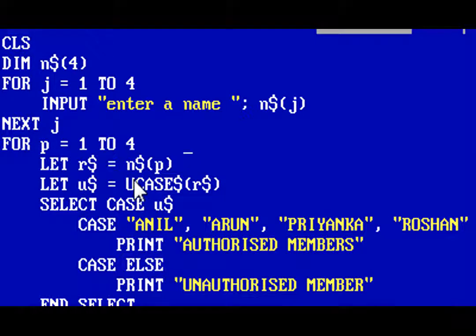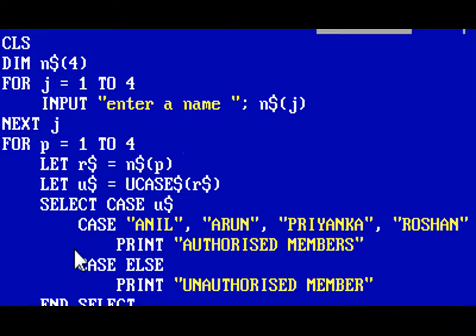That is, each of the names will be capitalized first, all the letters of the word made capital letters, and afterwards it will be stored. Okay, cool. Now select case